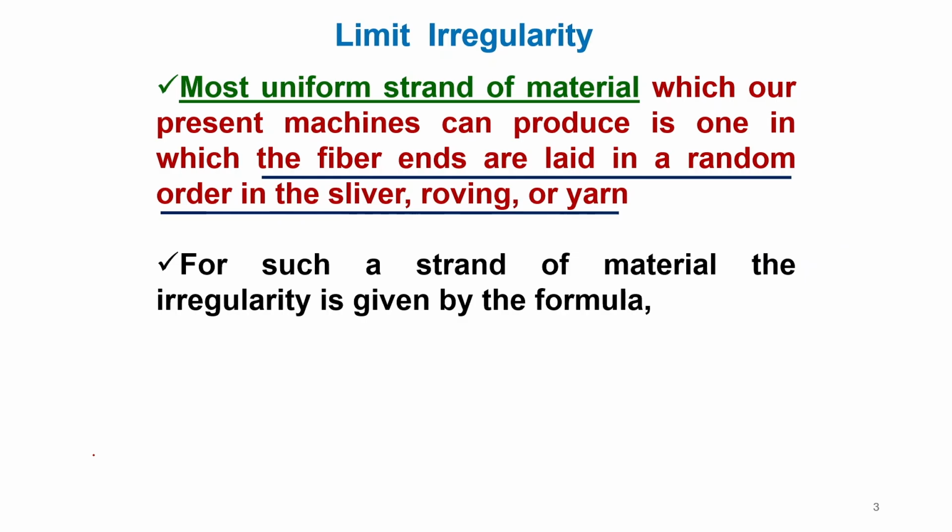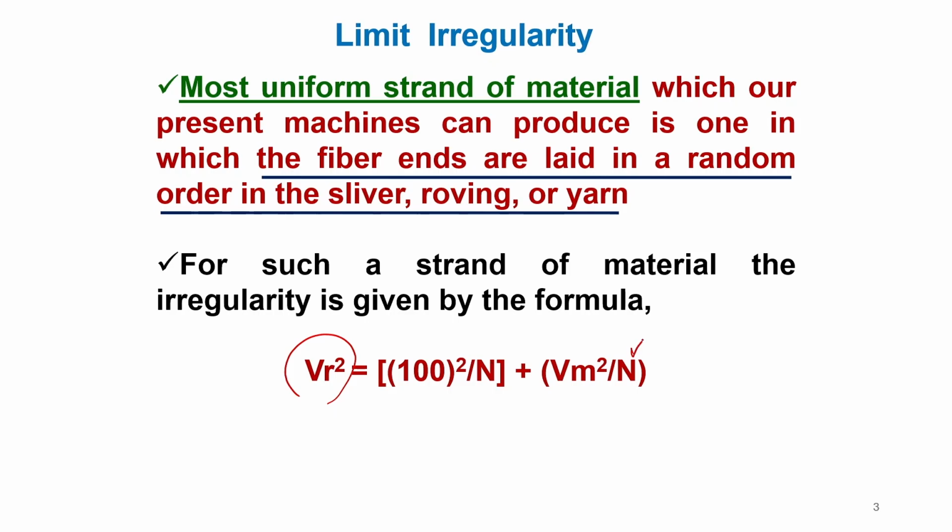So, for the most uniform strand, the irregularity is given by the formula VR square, where VR is the limit irregularity, the minimum irregularity possible, equal to 100 square by n plus Vm square by n, where Vm is the variability, the inherent variability in the fiber mass per unit length. So, for